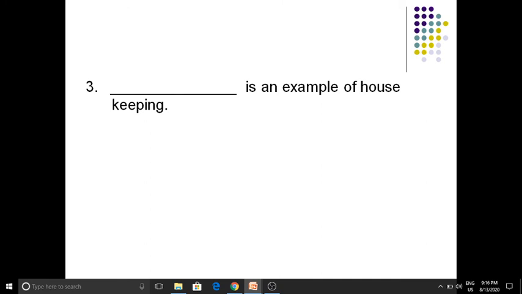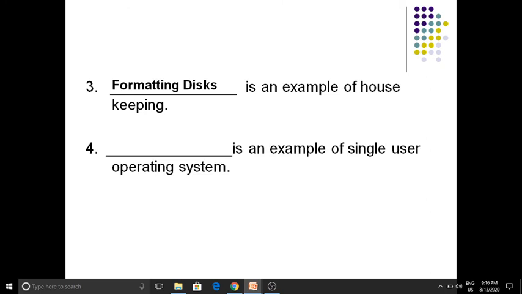Dash is an example of housekeeping. So what is the meaning of housekeeping? Formatting disks. So formatting disks is an example of housekeeping. Next question is, dash is an example of single user operating system. What is the example of single user operating system? Students, MS-DOS. Okay.